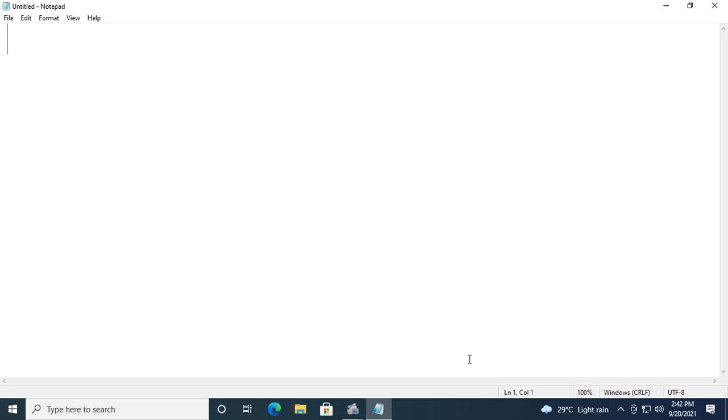So this is called Notepad, or you can call it a workbook also. It is just like a notebook. You can see this white blank space. This blank space is called the working area, or you can call it the canvas. Here you can type letters and words, all the writing part. When you are writing, you have to make use of your keyboard.